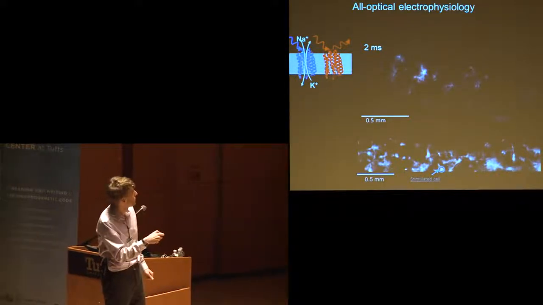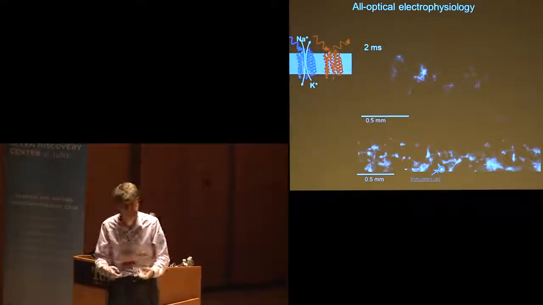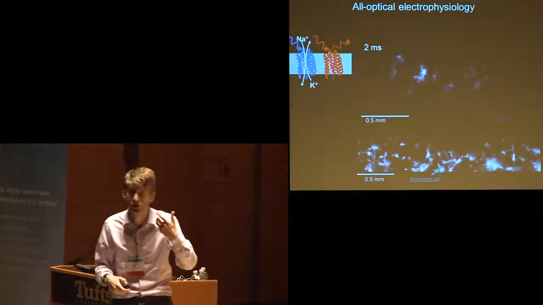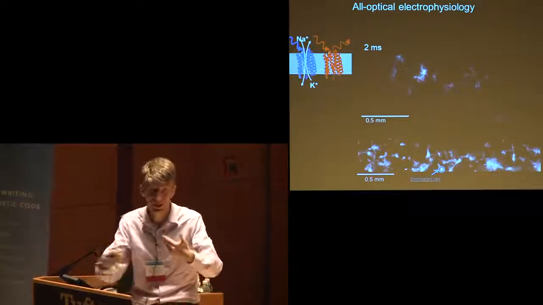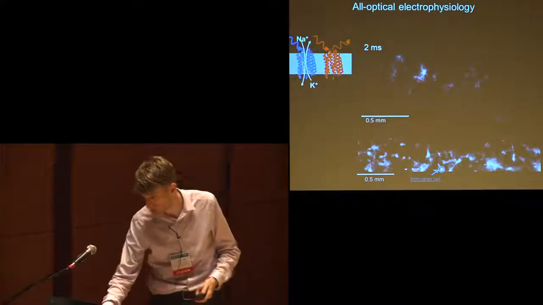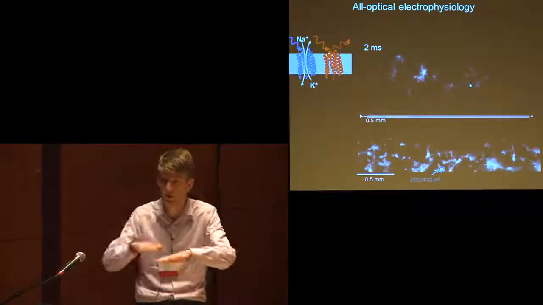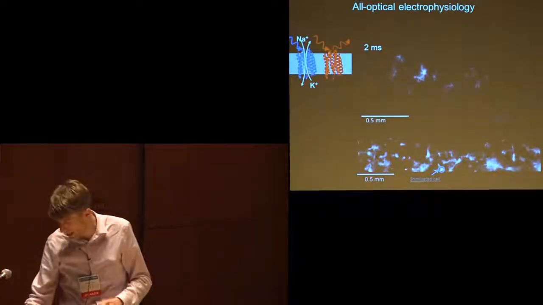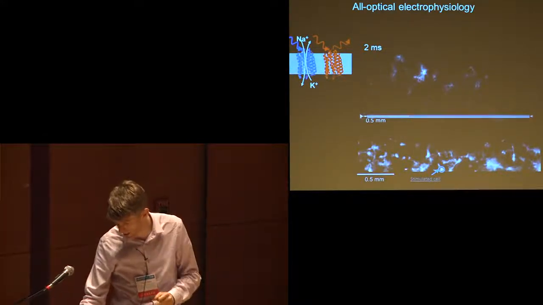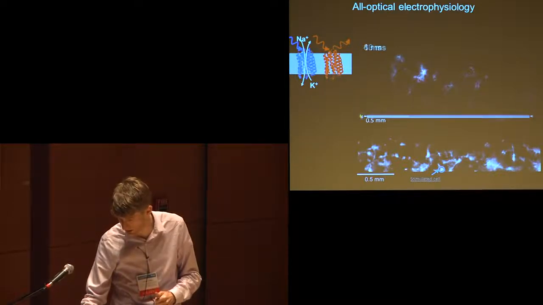So by shining blue light on the cells, we can activate this ion channel, which will trigger them to fire. And then by shining red light, we can elicit near-infrared fluorescence, which tells us about the firing of the cells. So this gives us a bidirectional interface to the cells. Here I'll show you a movie where we're looking at about 50 rat hippocampal neurons in a culture in parallel. And this movie is at 500 frames a second. And at a certain point, we'll turn on a blue light and stimulate all of the cells. The movie is slowed down about 10-fold from real time so we can see what's going on.